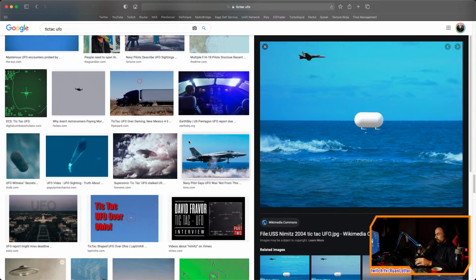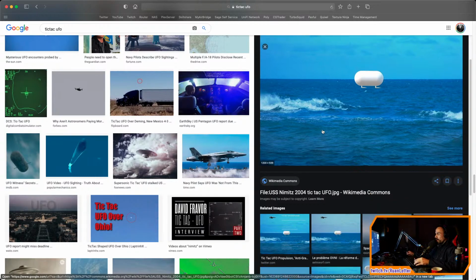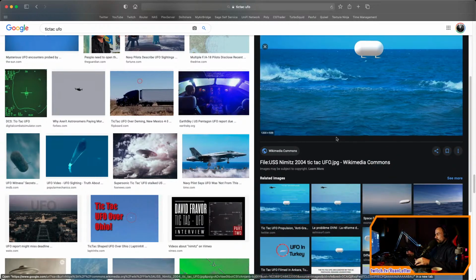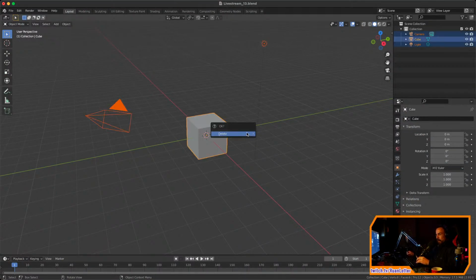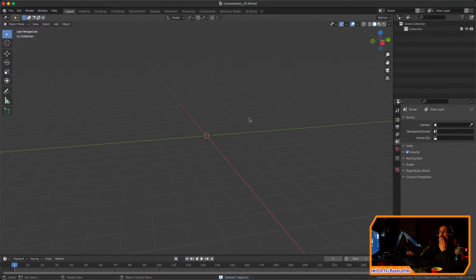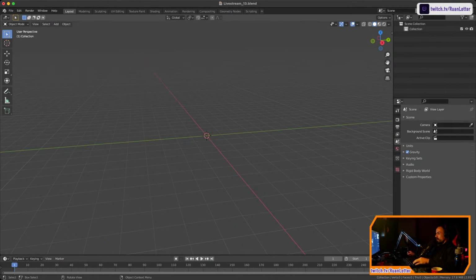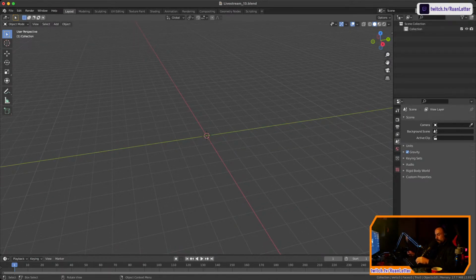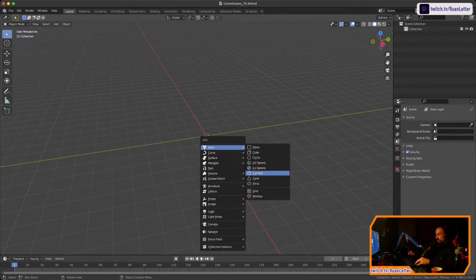Okay, cool. So that's the basic shape. We're going to go for a little Tic Tac shaped UFO with the funky looking legs. As I said, it's going to be very easy, but bear with me. Let's see how it goes. So let me just jump back in here. All right, we're going to start with a very simple shape. I was thinking a cylinder, but